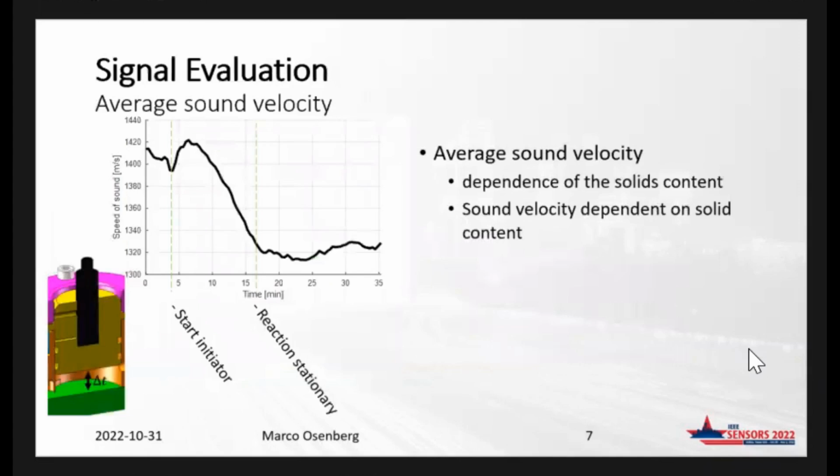For the evaluation of this measurement signal, three different parameters are analyzed to determine the fouling thickness. First, the average sound velocity in the measuring cell: we take the time difference between coupling the ultrasound signals into the chemical stream and the background. This sound velocity is important